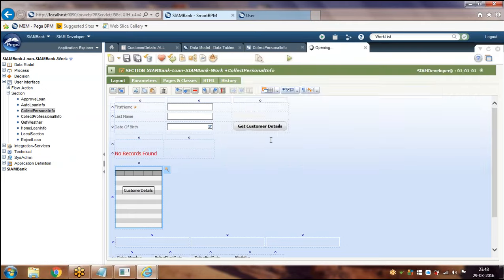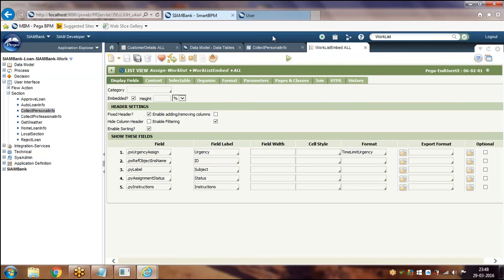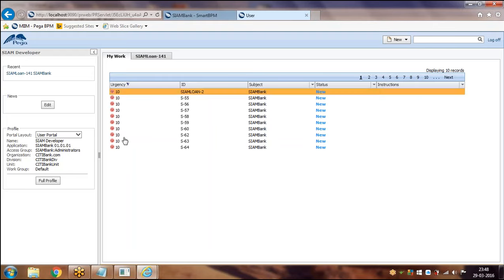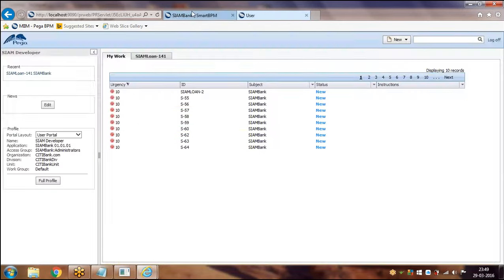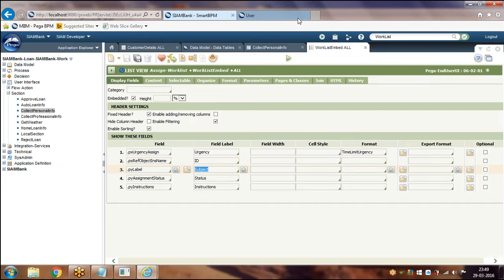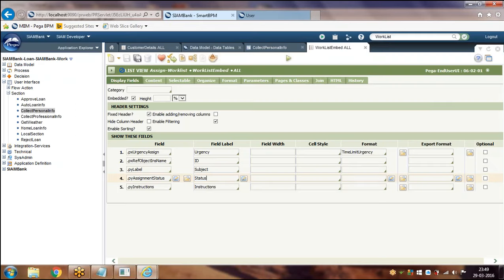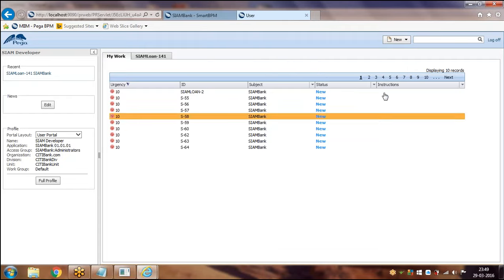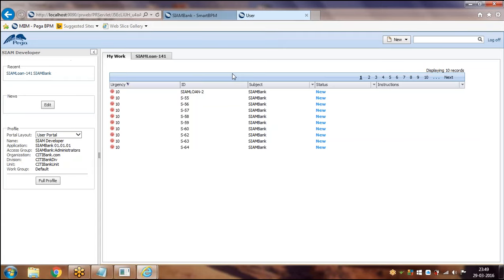This is the rule behind the work list. See here you are able to see urgency, ID, subject, status, instructions.